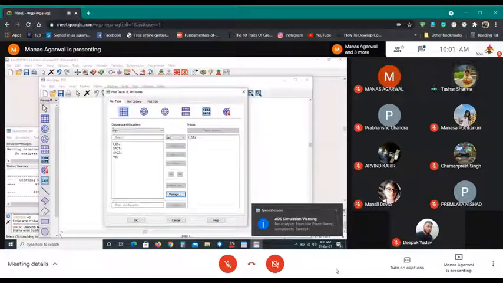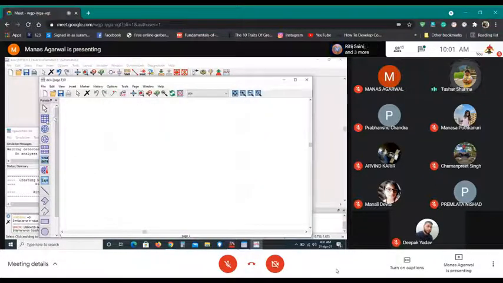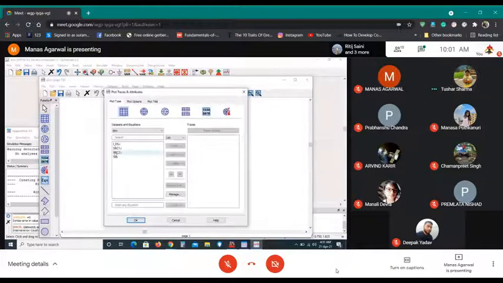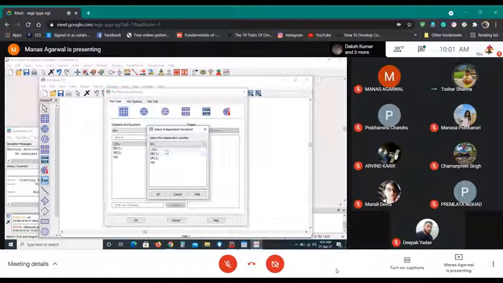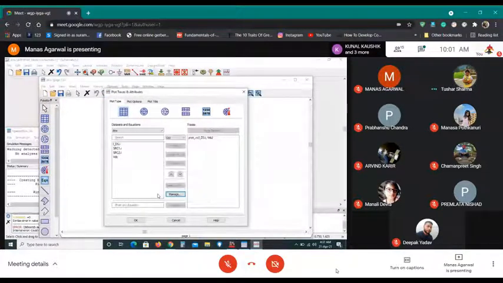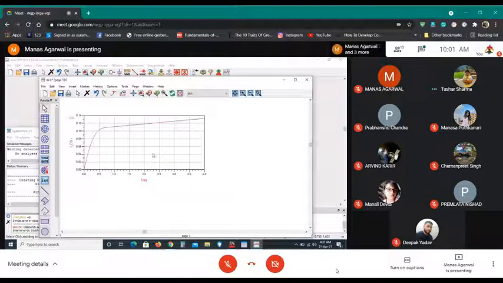Go cancel it again. Go again. IDS, then add versus. Click add versus, and then select VDS. So you see, you only see one curve because you are not sweeping VGS. Go back to your schematic.